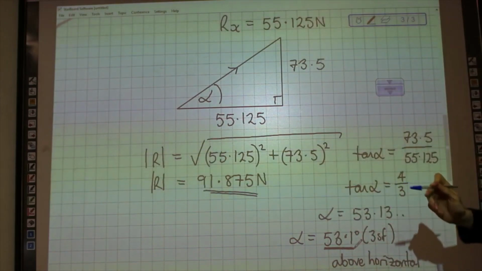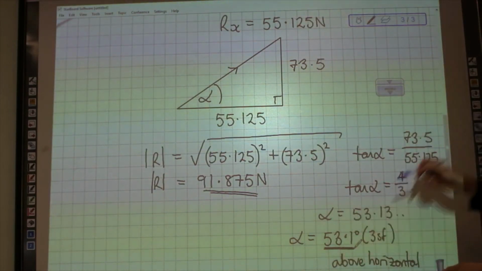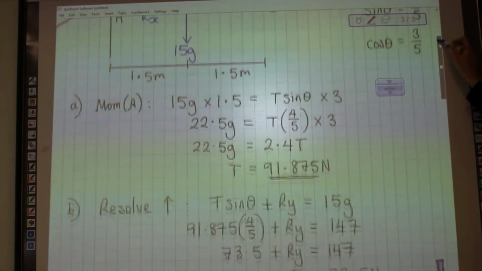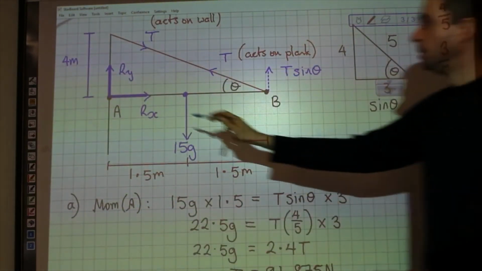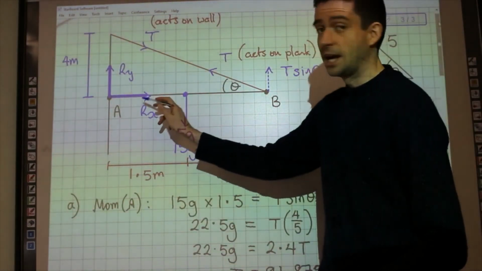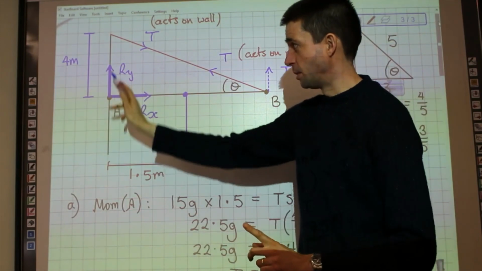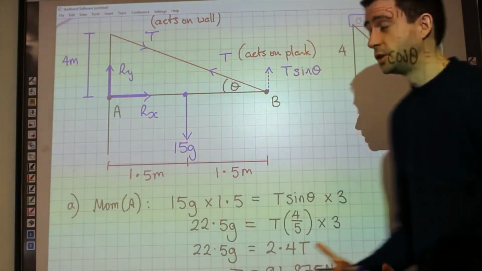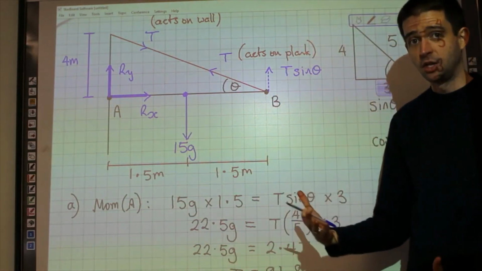So key point for this is, if you have a hinge, then you have to consider that at the point where the hinge is happening, there is a horizontal component of reaction, there is a vertical component of reaction, and you may be asked to find the resultant of that, the magnitude and the